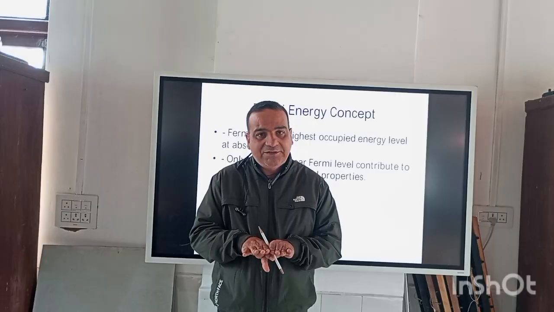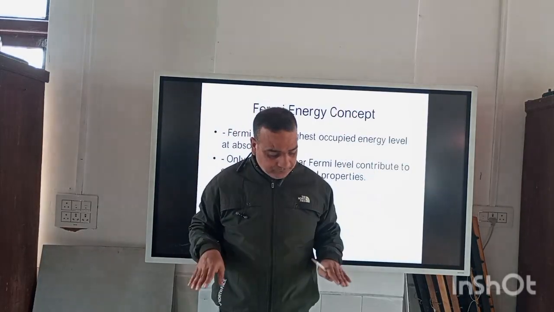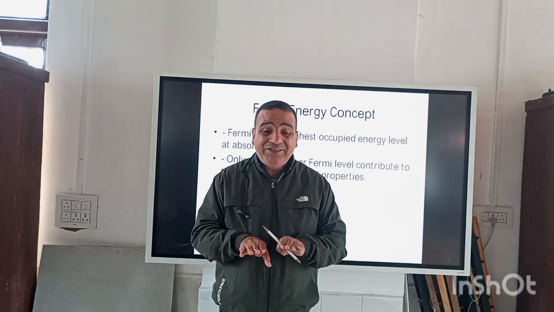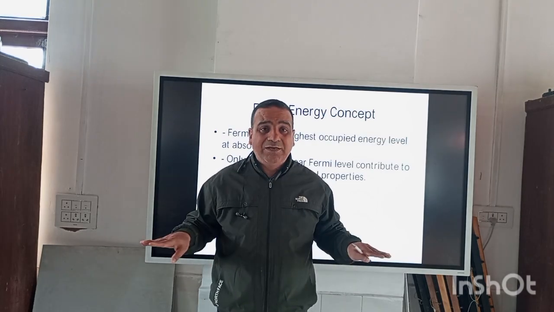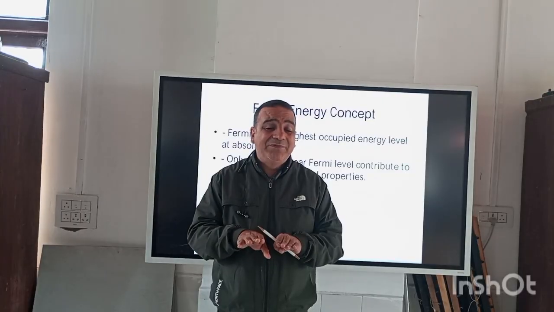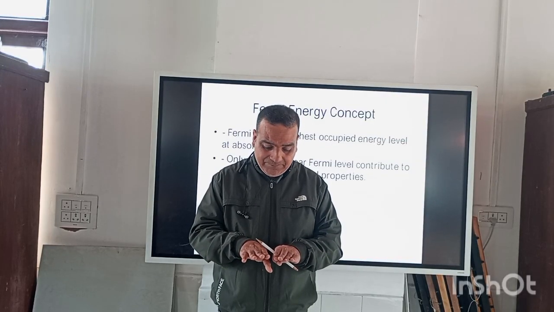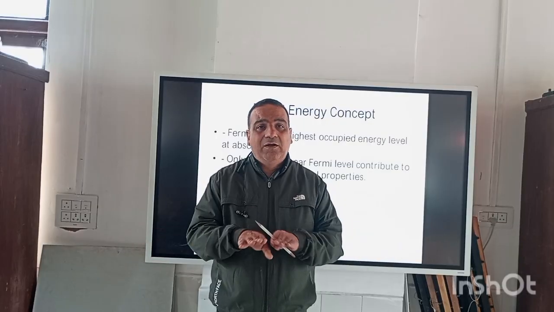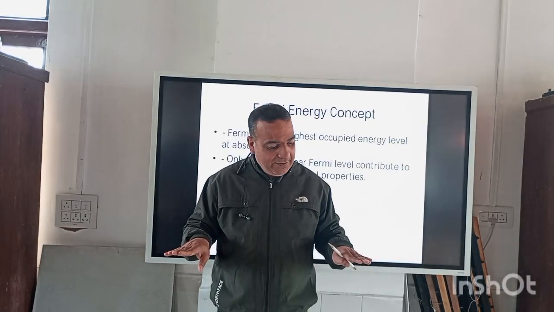Suppose we have some levels: level 1, level 2, level 3, level 4, level 5. In the context of Pauli's exclusion principle, which tells us that no two electrons can have the same set of 4 quantum numbers, or that two fermions cannot take the same quantum state,